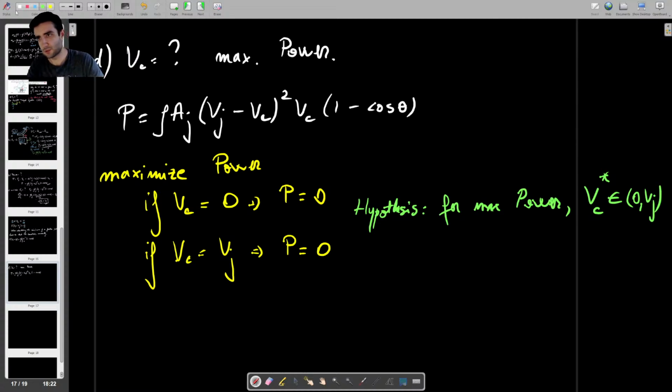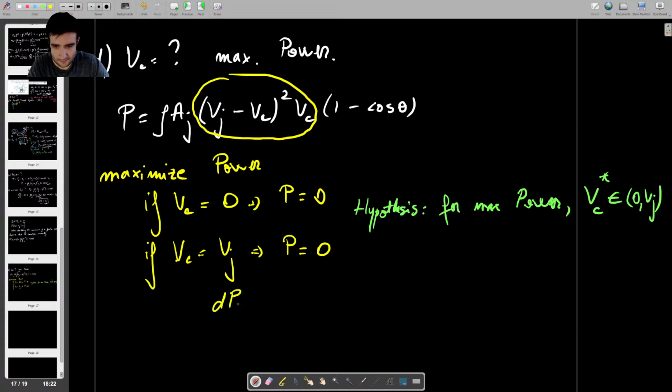And to figure this out, what we're going to do as usual is just differentiate the power. Actually, I'm not even going to differentiate the entire expression, because this is the only part that is going to be relevant in this case. So if I say that dP by dVc is going to be equal to 0,